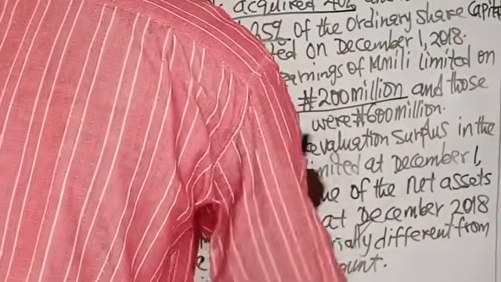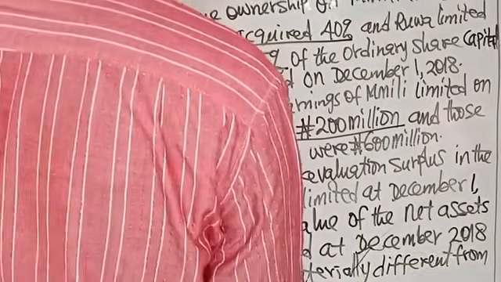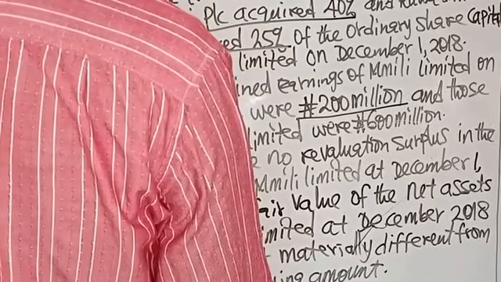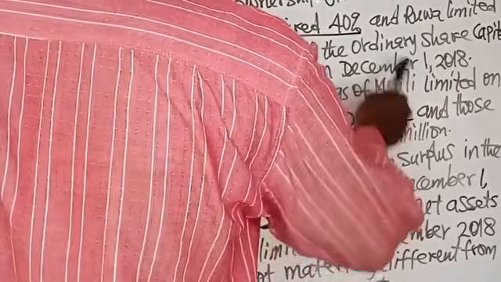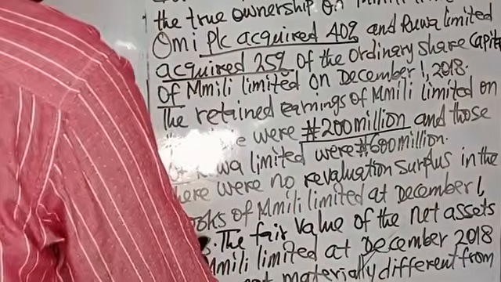And those of Ruwa Limited were 600 million. This 600 million is not relevant. There was no revaluation surplus in the books of Millie Limited at December 1st, 2018. Remember, Millie Limited was acquired as of 1st of December 2018. So that's to show that since it was acquired 1st of December 2018, and you were told there was no